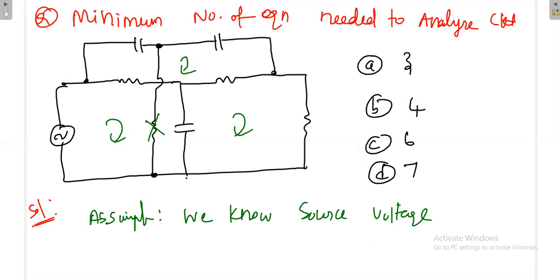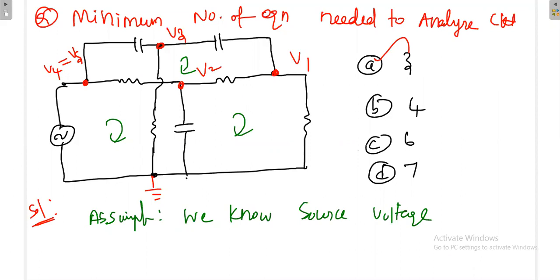When we apply nodal equations, we apply one nodal equation for V1, another for V2, and another for V3. For the reference node we will not apply one, because that is 0. You might try to apply one more for V4, but V4 is the same as the source voltage. So even though the nodal count is 4, we know one already. How many nodal equations are actually needed? Practically only 3.